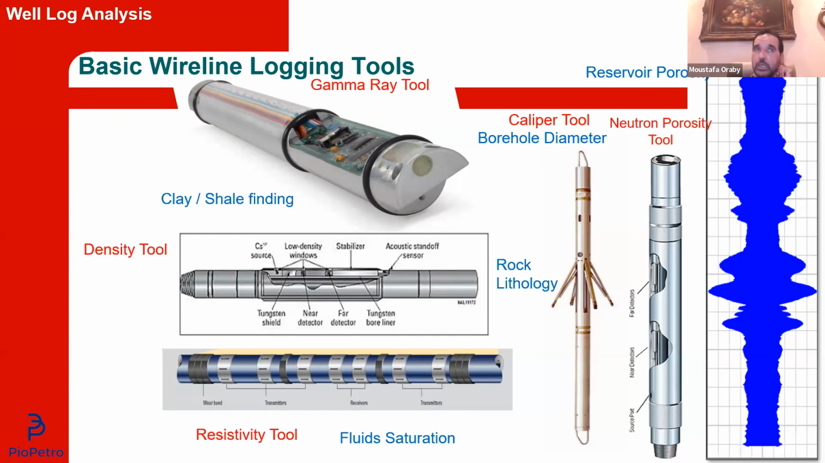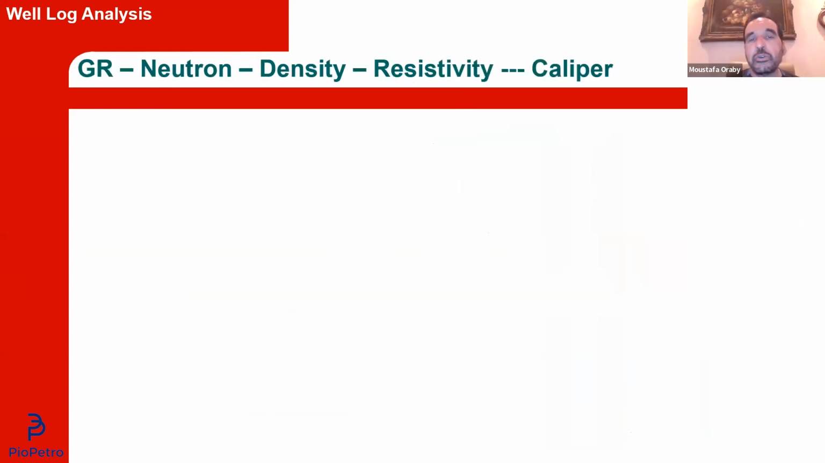When you go into the wellbore, it's better to have a caliper and a gamma ray tool with you, even if you don't have any other tool. So we don't really consider these tools part of the triple combo. We call them basic required tools that we run every time we descend anything into the wellbore. Combining these tools, gamma ray, neutron, density, resistivity, and caliper, we will measure